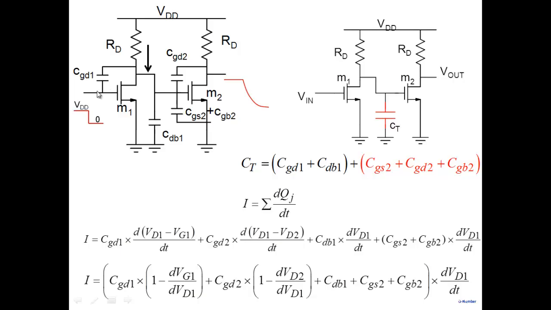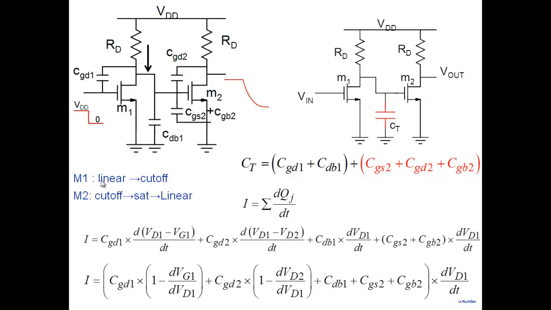2 VDD, everybody sees the effective change. So the current here has to supply that charge, equivalent to what? Some capacitance multiplied by 2 VDD. So it's not really dVG1 by dVD1 if I include the transition also within this. So effectively, if I look at it on an average, what I can say is that this particular